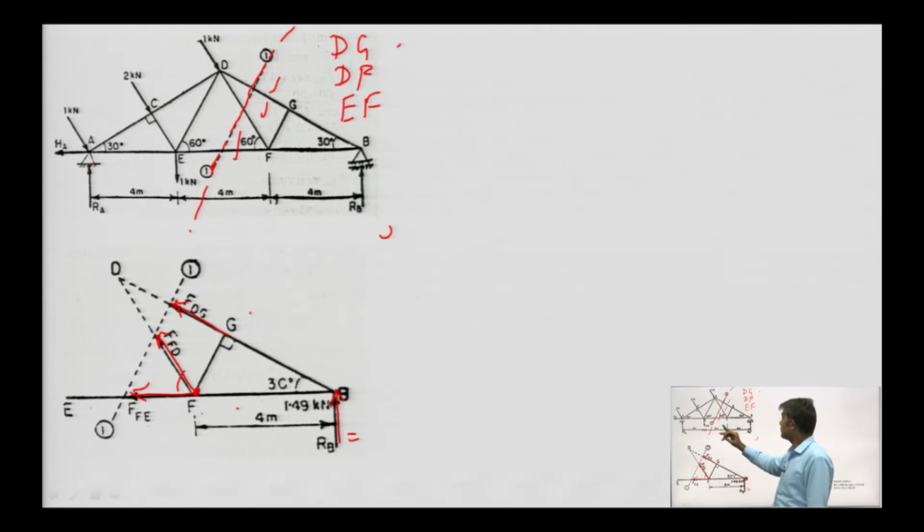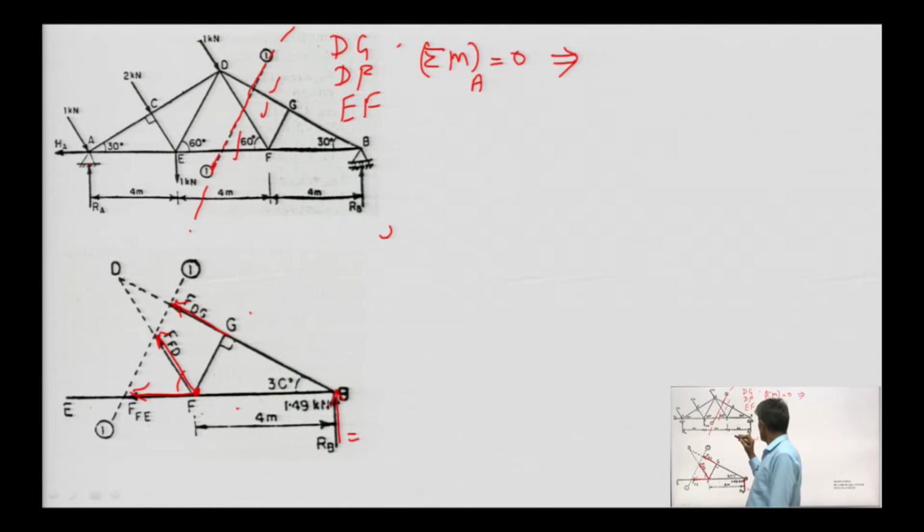So, apply moment, sigma M about A is equal to 0. Using this equilibrium equation, we can write the forces: RB, this one, and another 4 forces here, 1, 2, 3, 4. So, RB into